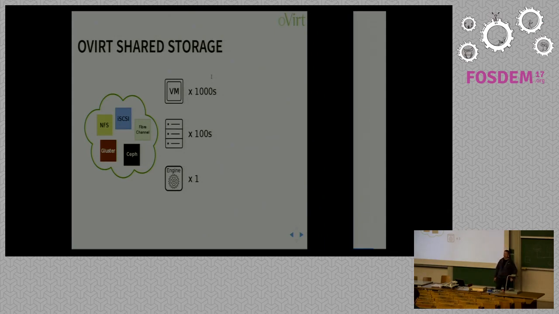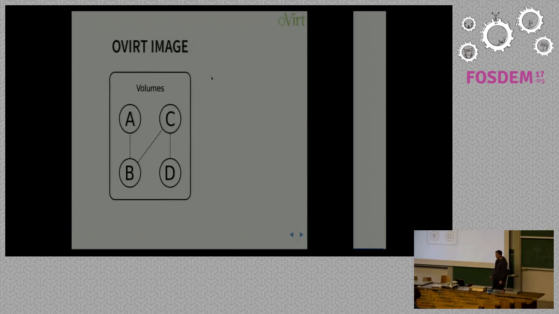Now, all of our hosts that are in oVirt are connecting out to shared storage. We support lots of different types there, from NFS to Gluster, iSCSI, Fiber Channel, Ceph, others as well. So that's a real brief introduction. Let's go down one level into the chain here. So basically, each storage endpoint, its main function is to store virtual machine disks. And in oVirt, we call those images. We're using the QEMU QCOW2 image format. So in our case, a virtual machine disk can actually be a sequence of underlying volumes organized into a chain.